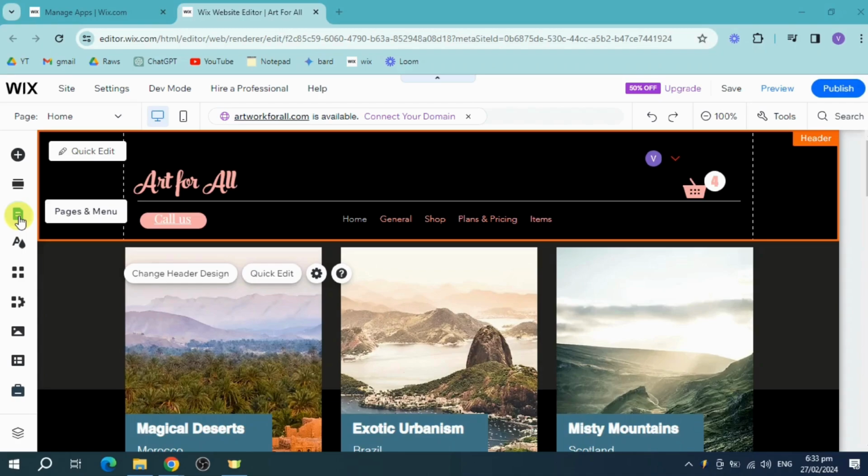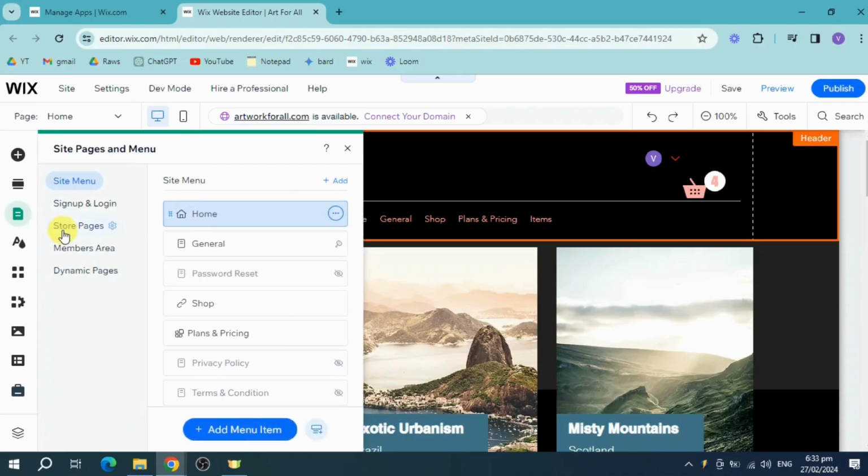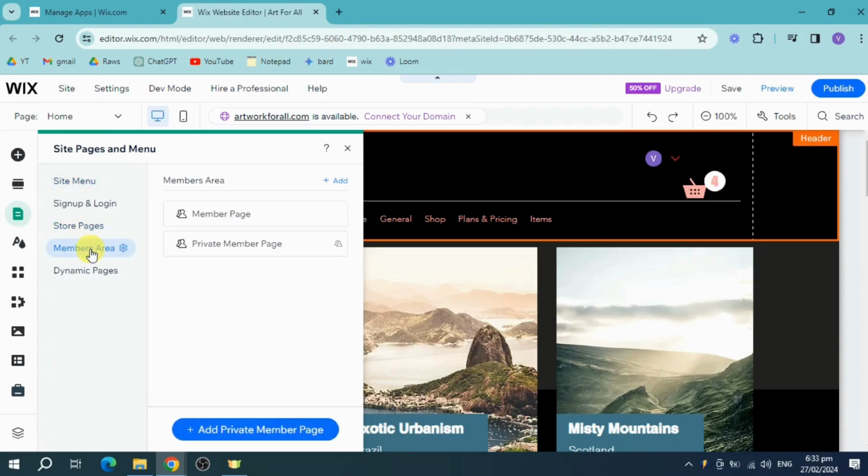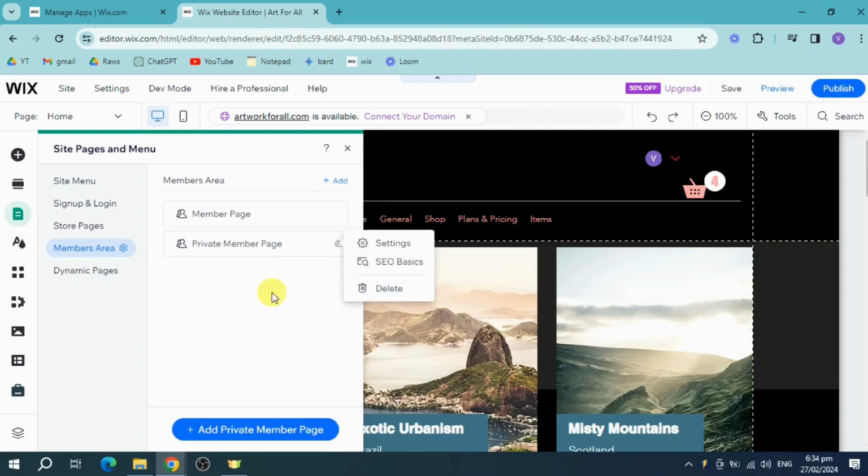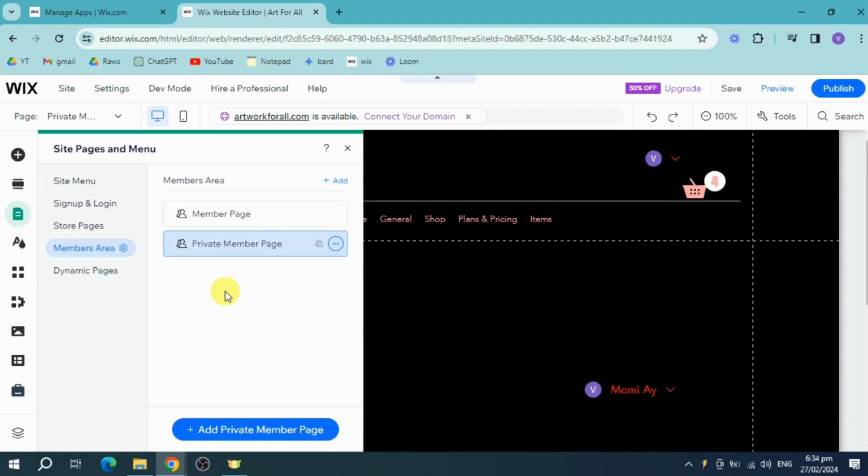Now in here, once you click on that, you can see this Members Area. Under this Members Area, you can see some pages you have right here. Now you can just click on this right here and click on Delete in order to manually delete those pages. But if you want to delete the entire members area, what you can do is you can click